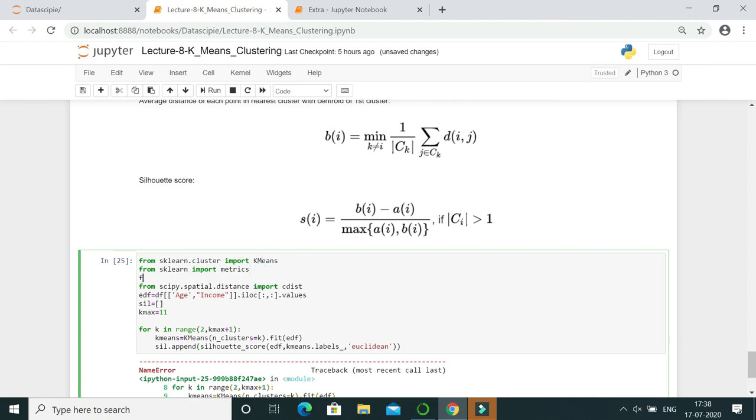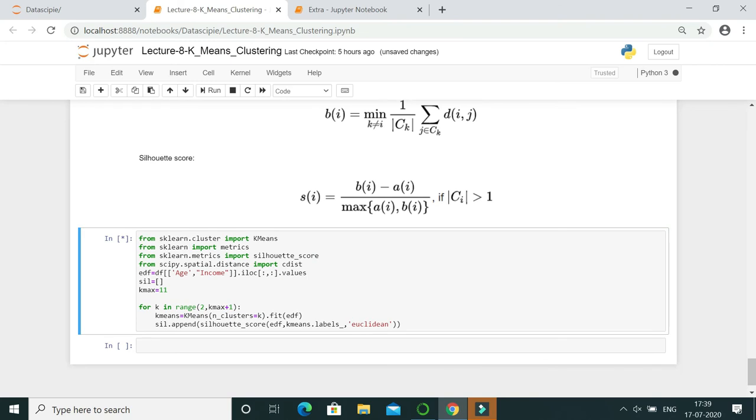So from sklearn dot metrics import silhouette score. Okay. So when we execute it, we get the list which is appended.